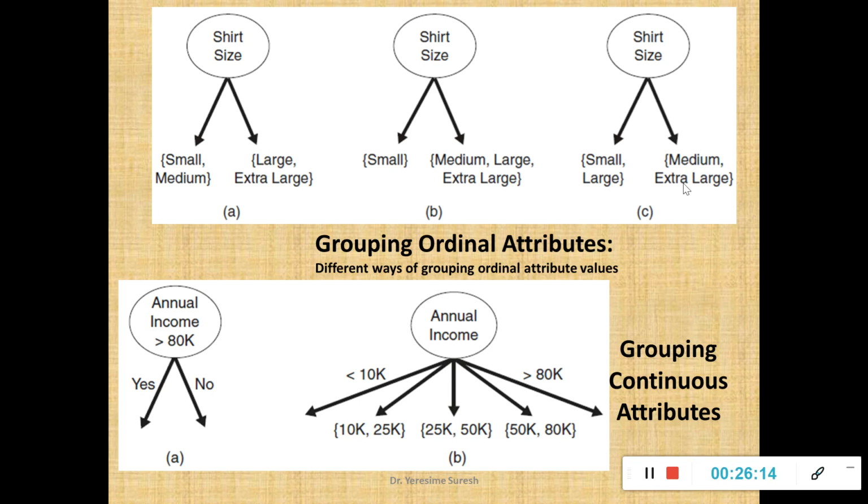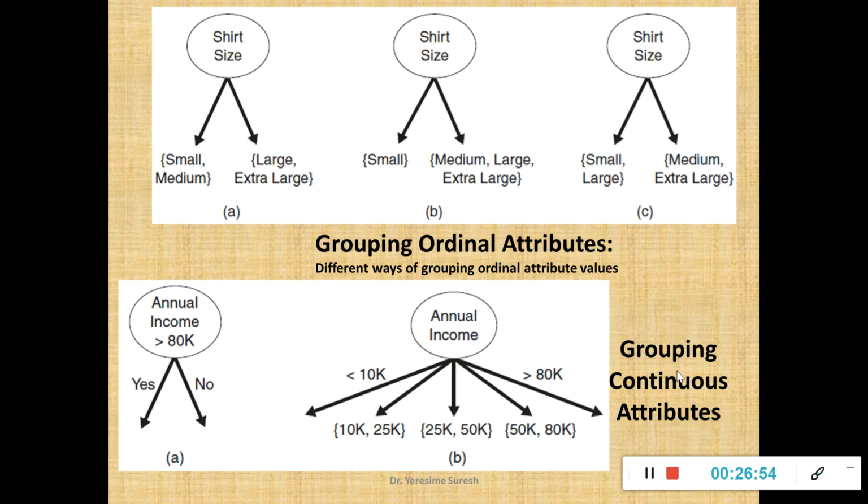But I can't go to the fourth category, wherein I group small and extra large and make large and medium the second group. I repeat, I can't go for the fourth type, the D category, wherein I group small and extra large in one set, large and medium in the other. Why? Because small is the very first unit of partitioning your data, extra large is the last unit. So there is a very large difference between small and extra large. So huge difference between the ordering of the attributes, hence I can't group small and extra large. This is the way of splitting ordinal attributes.